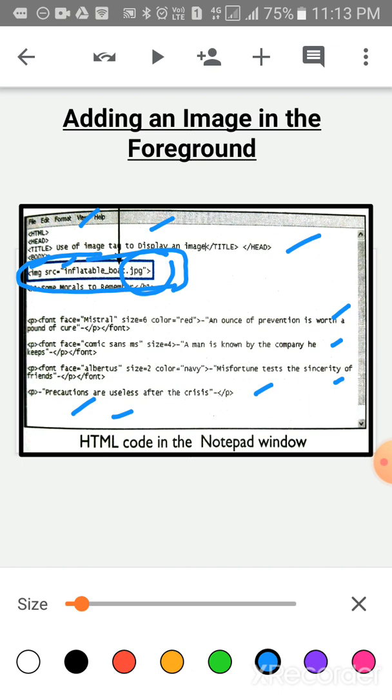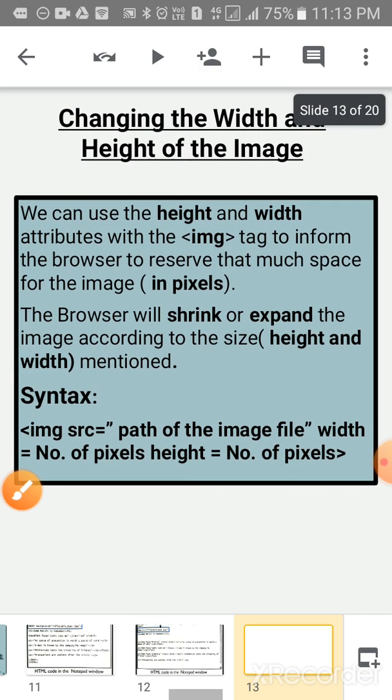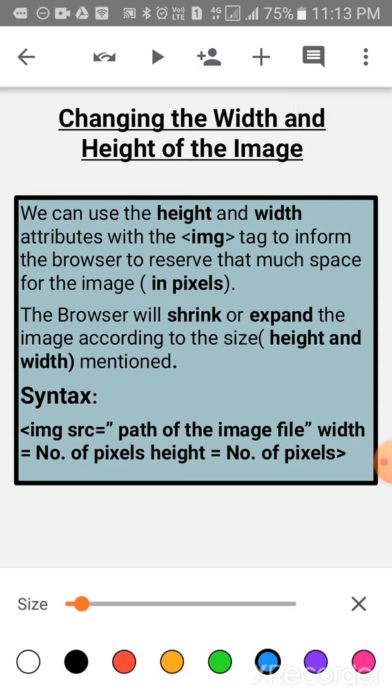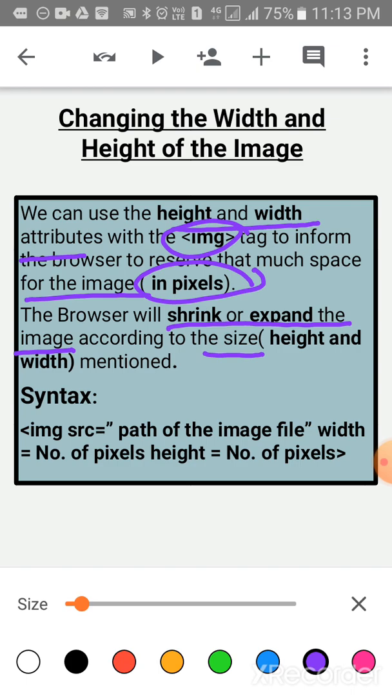Okay children. Now children, changing the width and height of the image. Children, we can use the height and width attribute with the img tag to inform the browser to reserve that much space for the image in pixels. The browser will shrink or expand the image according to the size, meaning the height and width mentioned.